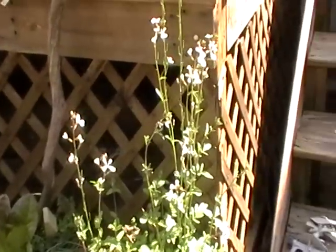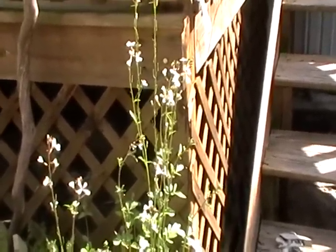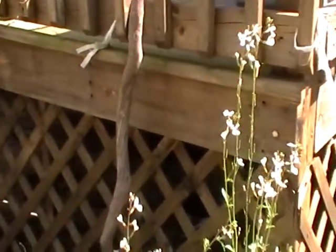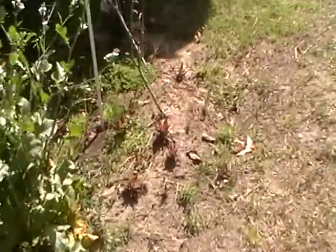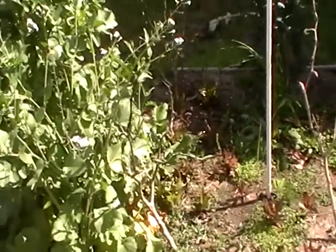This place has just been insane with butterflies and all kinds of bees. Wasps are out, and flowering is going on. The activity is nice to see with the sprouting too. The peas are up, and I'm going to take you out back and